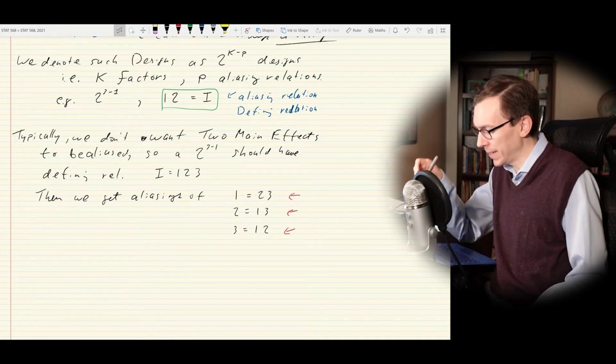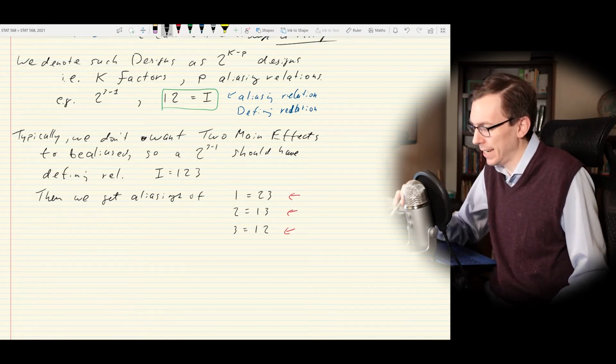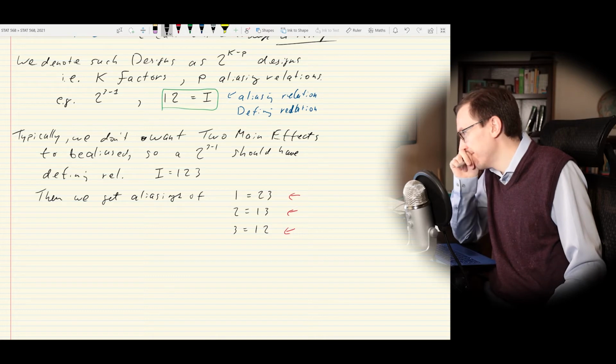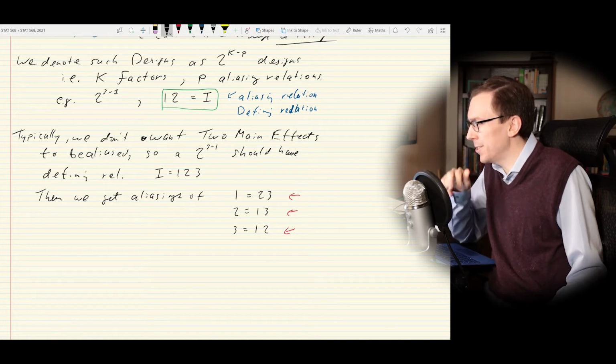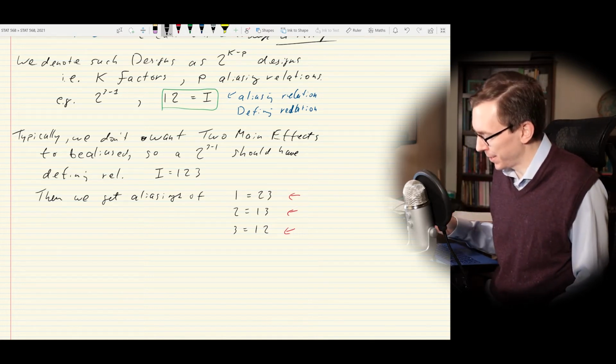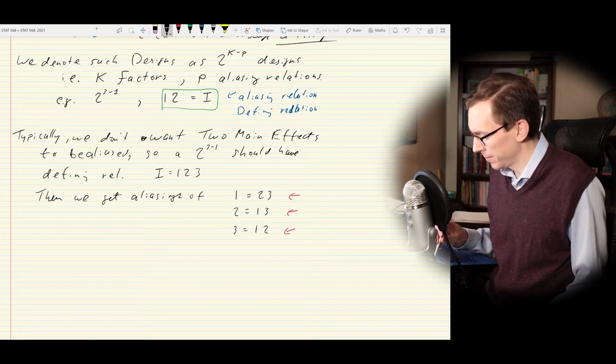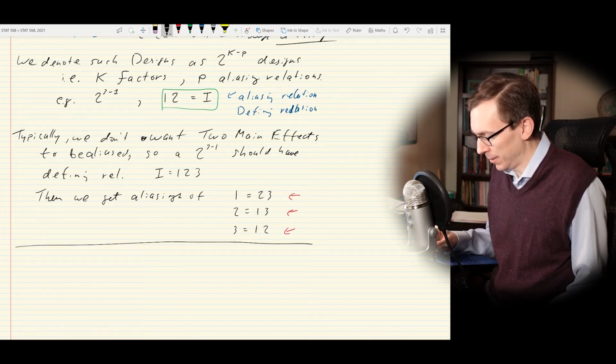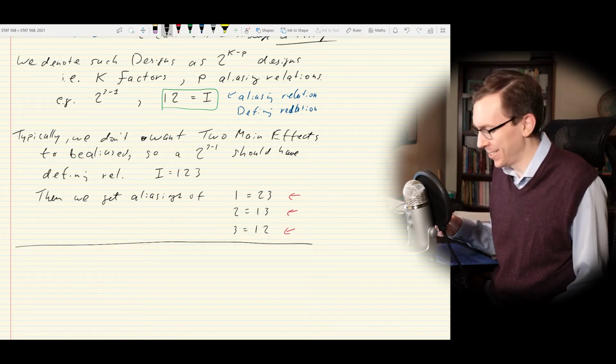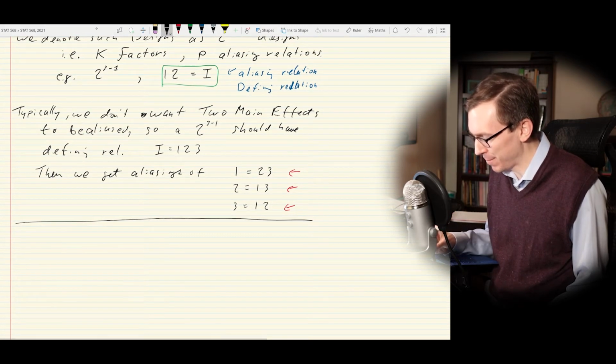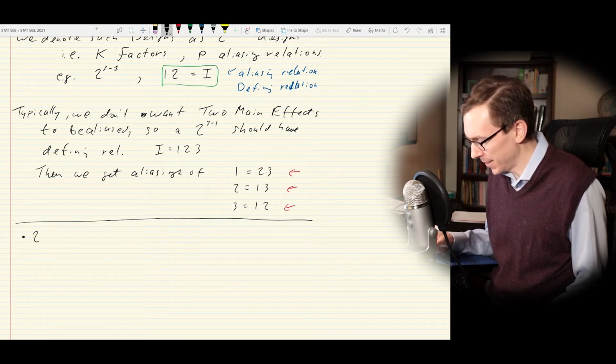So roughly, where did I get these things from? Let's do another, better example. Well, let's do both examples. Why do we have to choose? We'll do both examples. So if we consider this 2 to the 3 minus 1 design with I equal to 1, 2, 3,